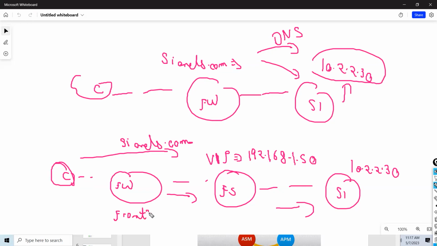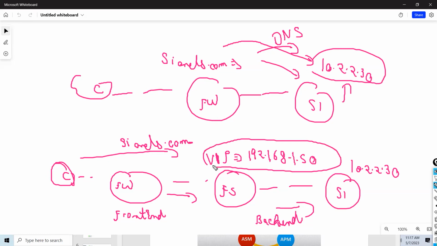I want a segregation between front end and back end. Now here what I need to do, guys: previously my application was pointing to this IP, now I want to change to this IP. DNS resolution.